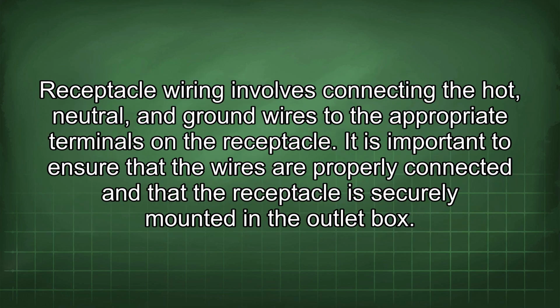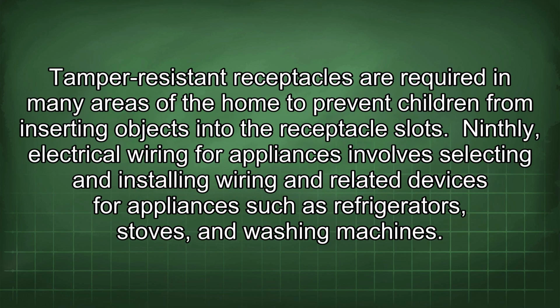Receptacle wiring involves connecting the hot, neutral, and ground wires to the appropriate terminals on the receptacle. It is important to ensure that the wires are properly connected and that the receptacle is securely mounted in the outlet box. Tamper-resistant receptacles are required in many areas of the home to prevent children from inserting objects into the receptacle slots. Ninthly, electrical wiring for appliances involves selecting and installing wiring and related devices for appliances such as refrigerators,